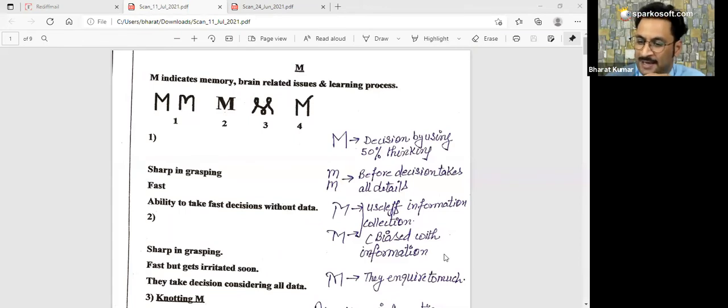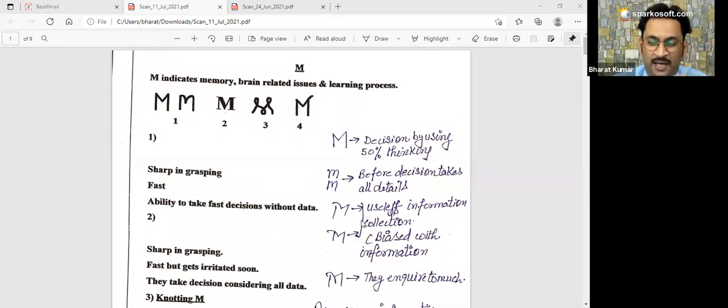Now, surprisingly, two different M's are here. You can check. Those people who use this kind of M make mistakes in their writing. Just to show this, I made a mistake here so that you can learn. Anima, don't worry, you will get a recording also. So if you are using any one M out of these two, remember, you are more prone to mistakes in your spellings. Whenever you write anything, there will be mistakes most of the time.